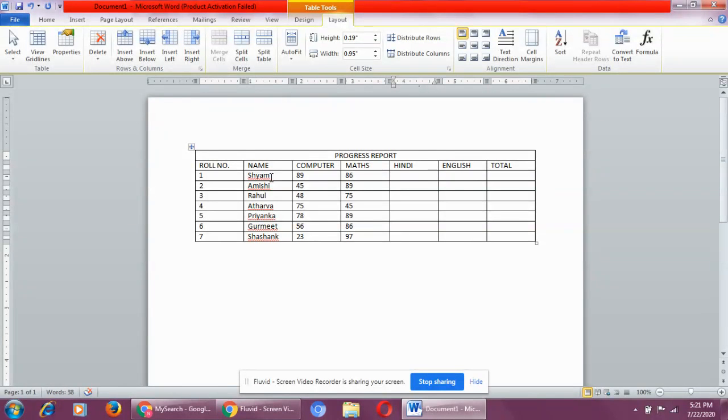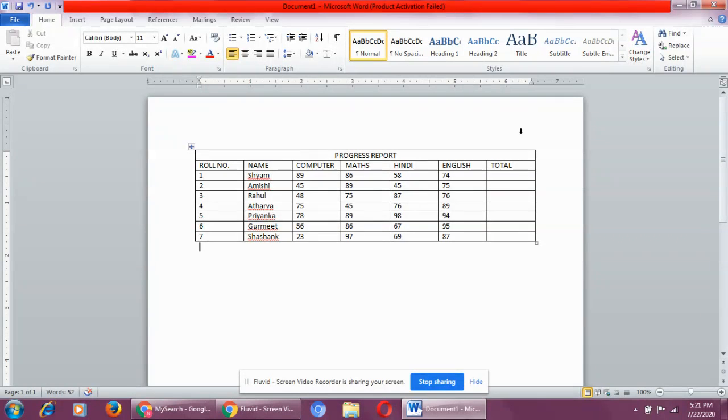Now let's type the numbers in Hindi. 58, 45, 87, 76, 98, 67, 69. Now let's come to English. 74, 75, 76, 89, 94, 95, 87. Alright. Now this is how you will fill the entries in all the table.